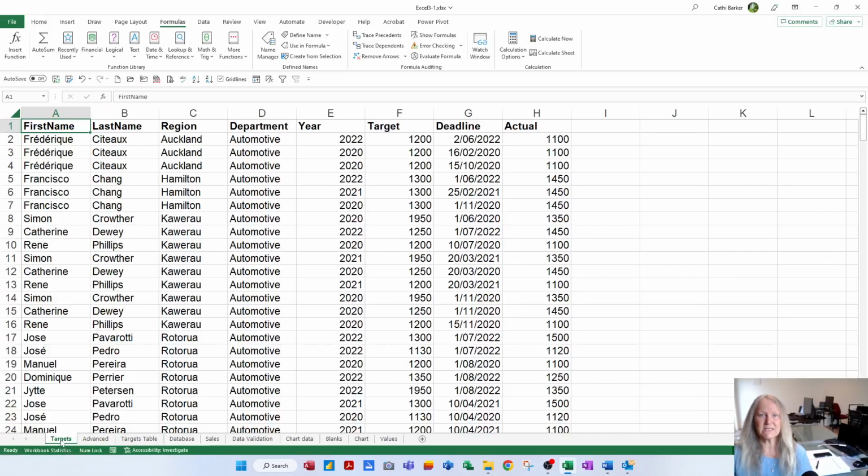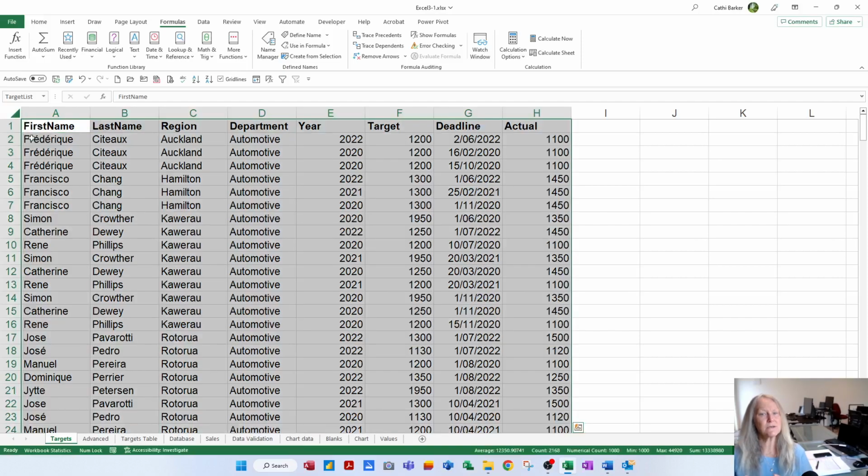Targets, this is my database or my list where I'm going to extract from. And in fact, I've named this list target list. Let me hit the drop down on the name box and choose target list. So the list is called target list. If you're not sure how to make named ranges, please watch the video before this video, which shows you how to make these named ranges. So we've named the list target list. This is what we want to extract records out of, and we want to put them into the sheet called